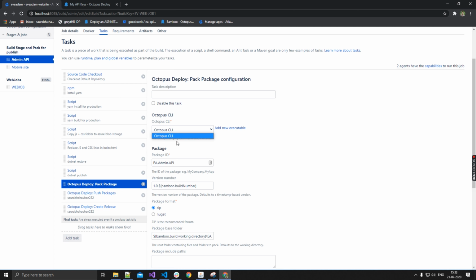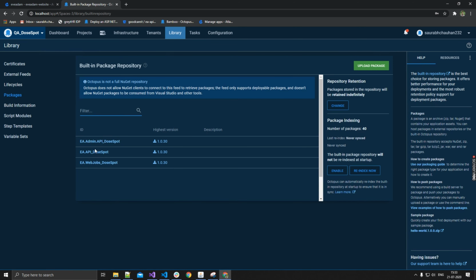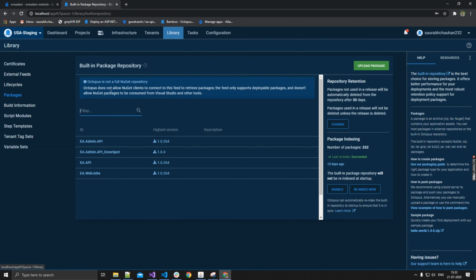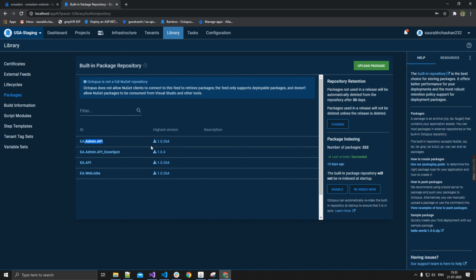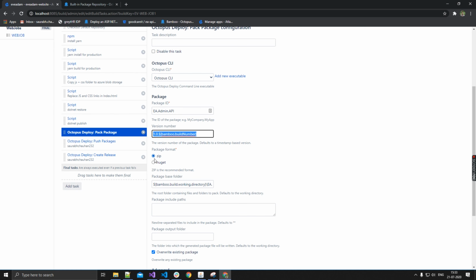As you know, we have added it as a server capability. What you want to name the admin package ID, the package will come over here. This is admin.api. You will see how we are able to get it. This is the package name, this is by default. Every package will generate a version like 1.0.2.6. It will increment the number, zip it, and from where to get it.